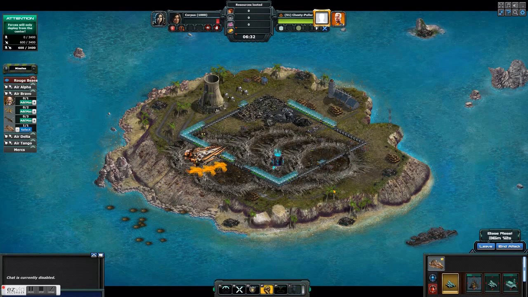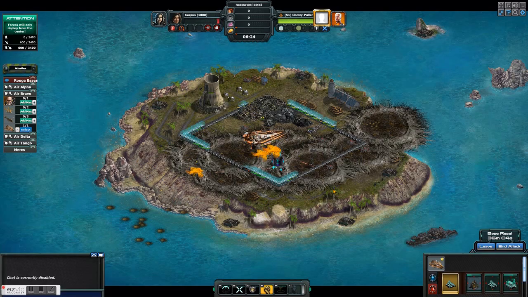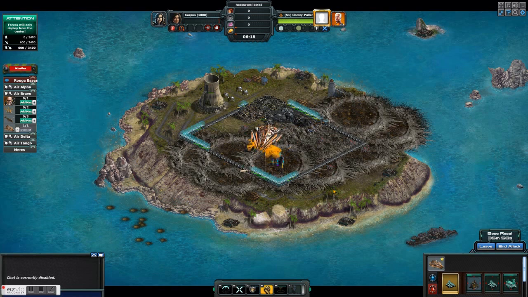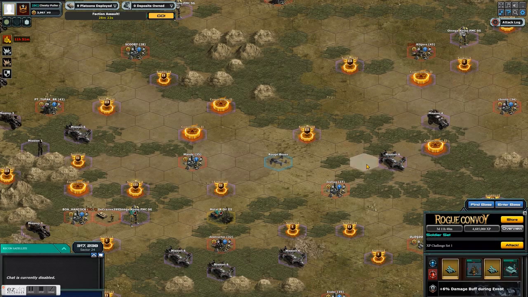And it doesn't stop it from repairing. To the best of my knowledge, it doesn't stop it from repairing just because you deployed it. It's just if you take damage, right? But if you do not take damage, this repair can be continuing. So that one's done, and we'll go find another one,